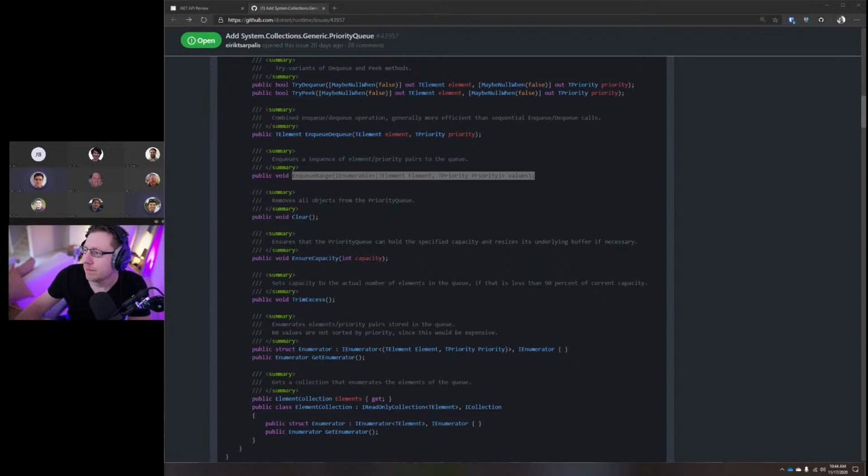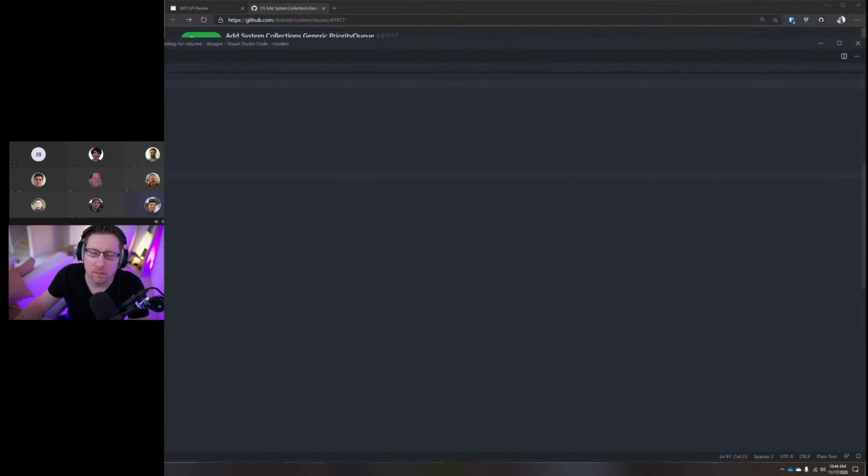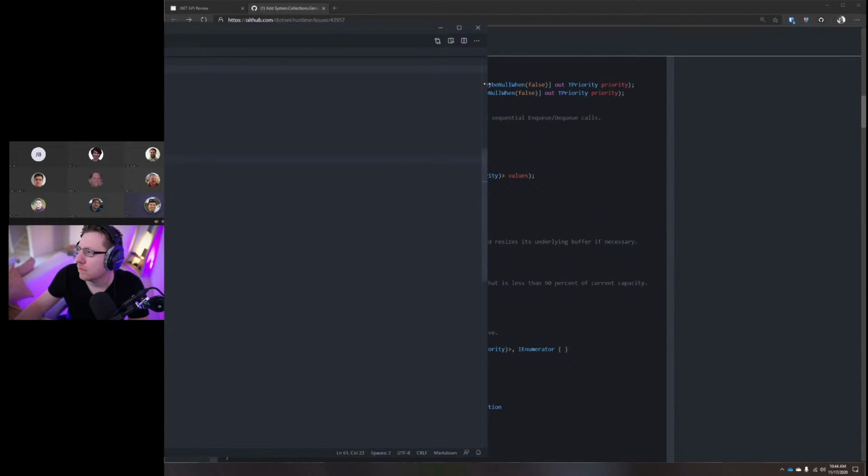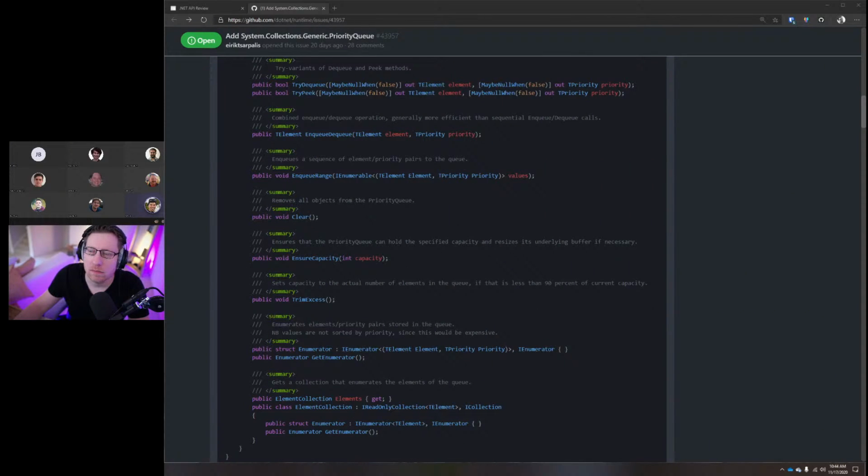Okay, so basically, my thinking about this is that we should either use a tuple or we should use a key value pair. Now, I would say that if we end up using key value pair instead of tuple, then we should probably rename priority to key, because otherwise the API would be a bit confusing. Naming the priority key is not unheard of in priority queues, so I guess it really is down to what you folks think.